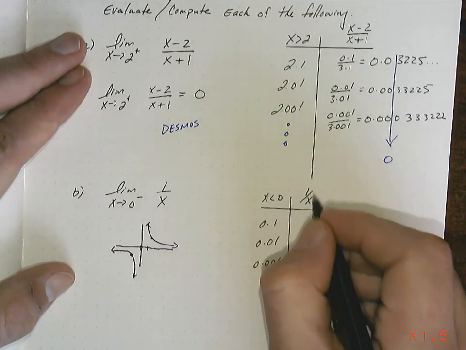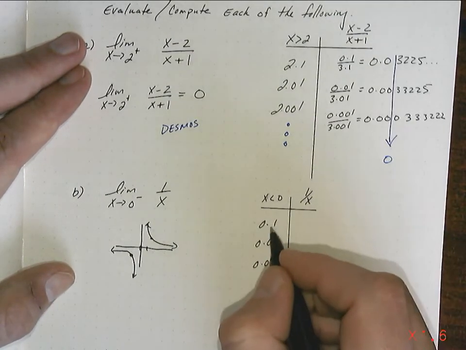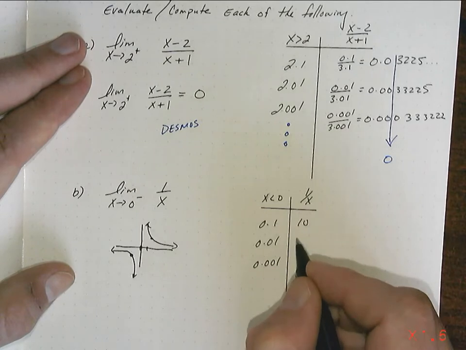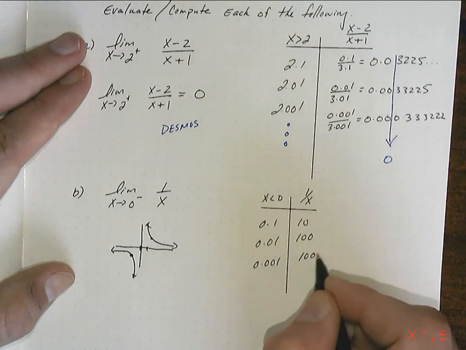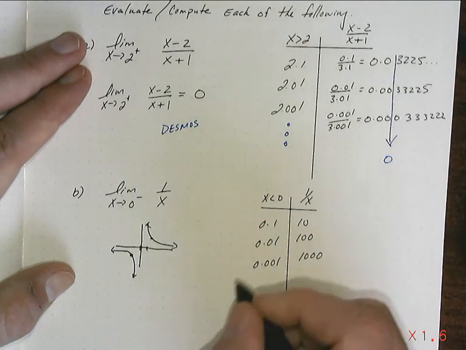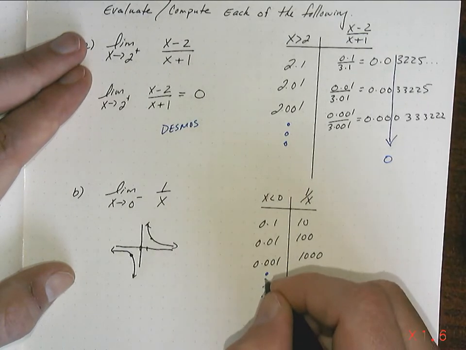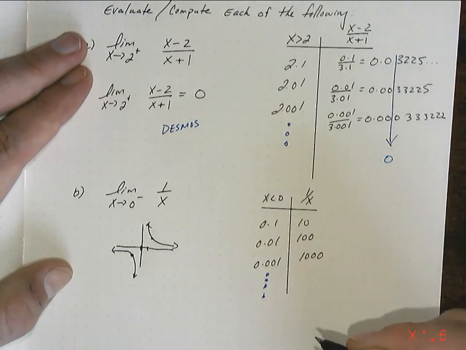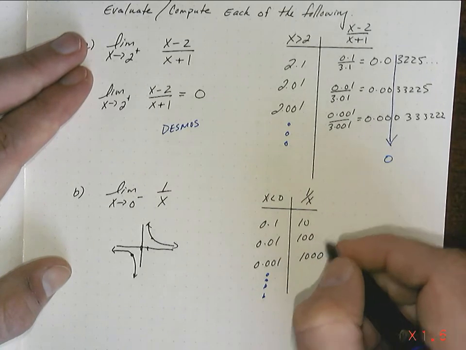And so if I put in the range value, it's going to be 1 divided by 0.1, so that's going to be 10. That's going to be 100. That's going to be 1,000. And since there's no reason to think anything's going to change, as I keep allowing x to get closer and closer to 0 from the left-hand side, then